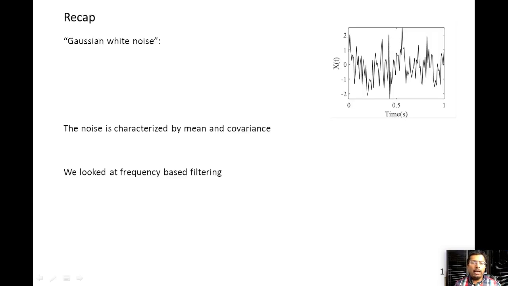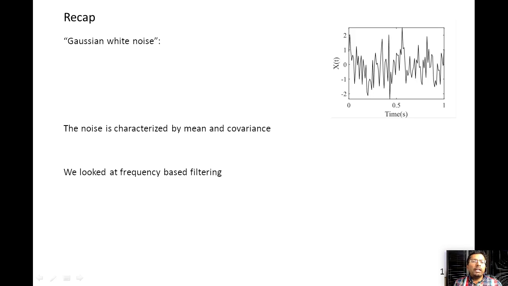So a quick recap, the noise we're going to be looking at is essentially a random process. Again, if you recall, what we mean by random process is a random variable that changes with respect to time. We are going to look at essentially discretized values, but the same concepts would apply to continuous variables as well. It's just easier to present the topic with respect to discretized time, where we're actually looking at individual numbers and then doing the process.